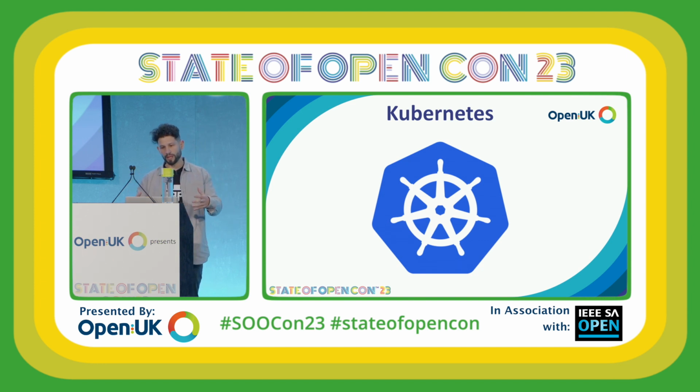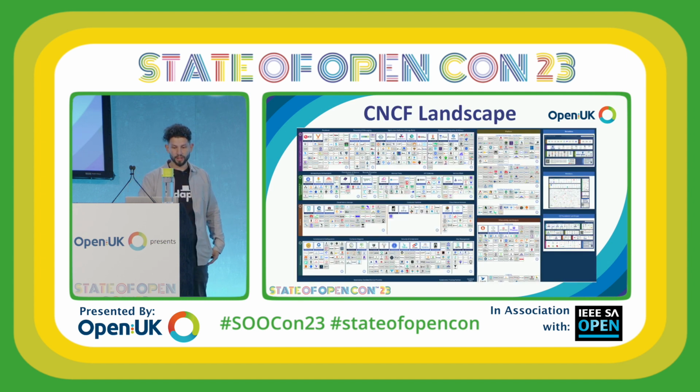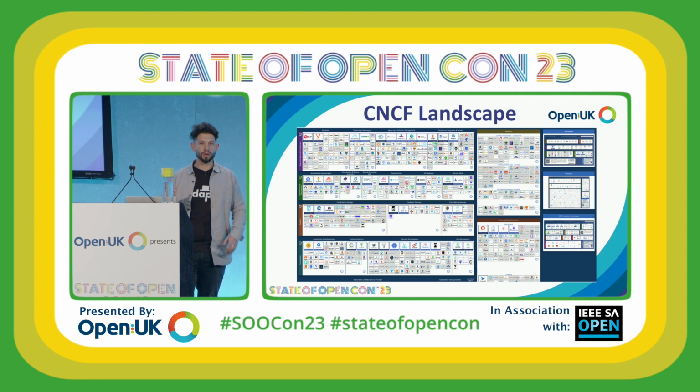So we have this unification across cloud providers and on-premises workloads. We know that if we use the same API, we will be able to run our applications. And the moment that you start looking into this, in the same way as you look into all the services provided by cloud providers, you will find that there are tons of projects being built on top of Kubernetes to solve different problems. And that's the CNCF landscape, right? Like all these things that you can do with Kubernetes and all these problems that you can solve with it,